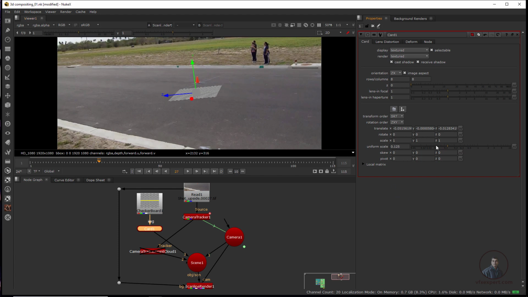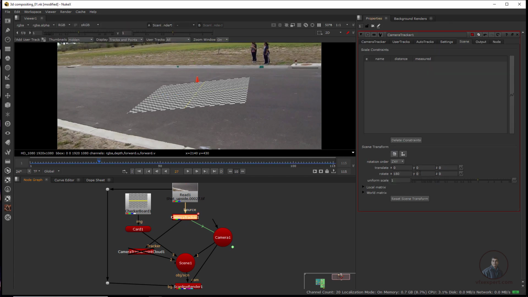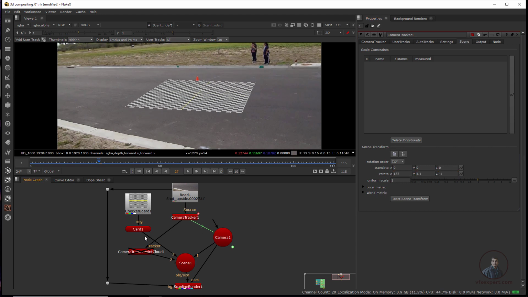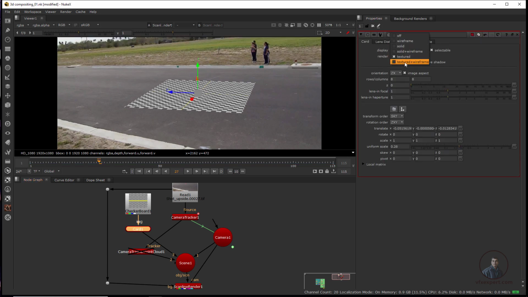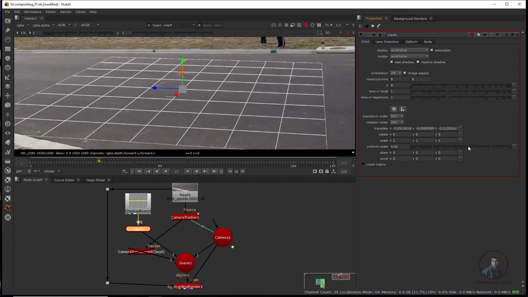Okay, now we have to orient our scene a little bit. These values we have to make 0. Okay, now scale the card a little bit, uniform scale. Now going to orient our scene here. So then again double click on our camera. From here we have to orient our scene, then with the middle mouse scroll a little bit. Maybe double click here on the card and in render and display choose wireframe. Okay, wireframe, so easily you can see it as a grid here. Again in the same wireframe, if you want you can scale it a little bit.